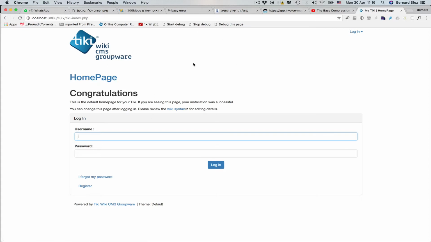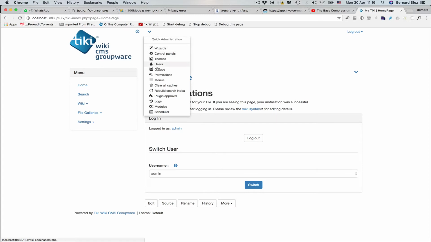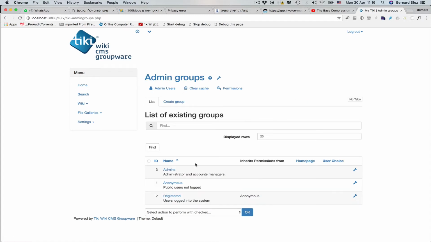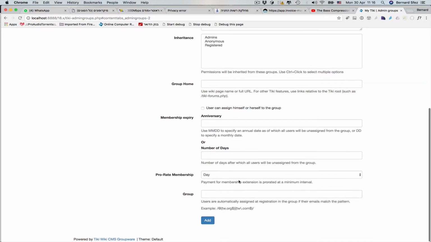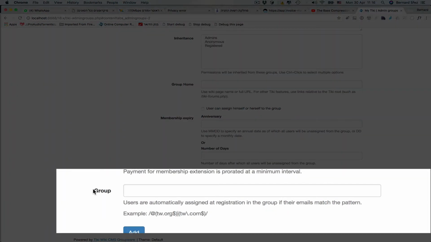This is a Tiki 18 freshly updated from SVN. So you open your Tiki, you log in as admin, and you go to the admin group page. Now we will create a group for the bad guy. For example, we check that there is no inheritance, and at the bottom you see there is the group field